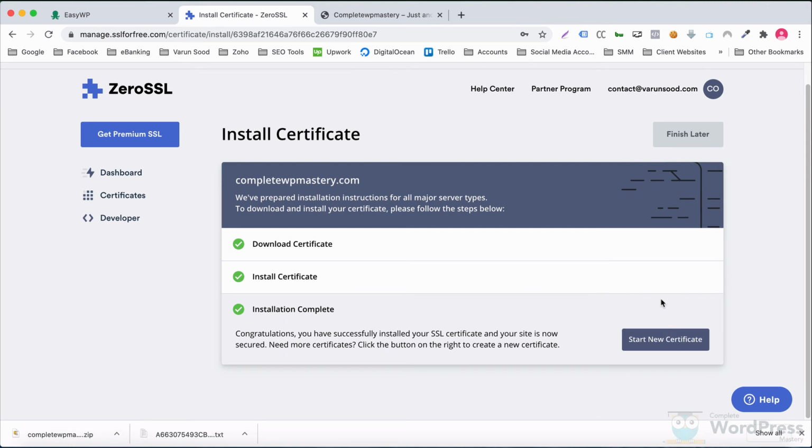Now I'll take a moment to explain why I used SSLforfree.com instead of ZeroSSL.com. ZeroSSL has a partner program in which they offer monthly affiliate commissions to their partners. SSLforfree.com is one such partner and they get commission from ZeroSSL for every paid plan that they sell.